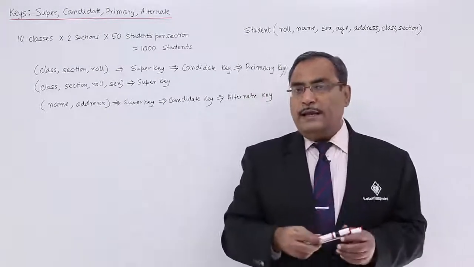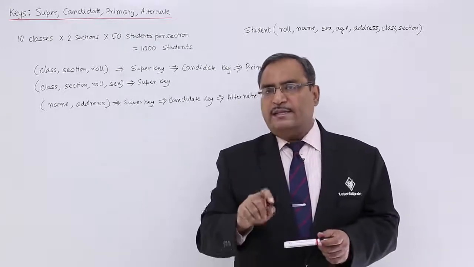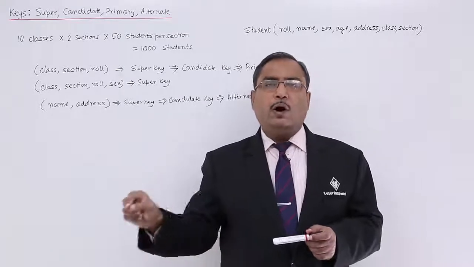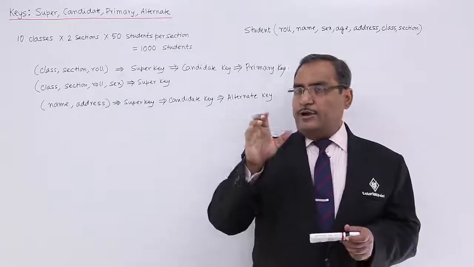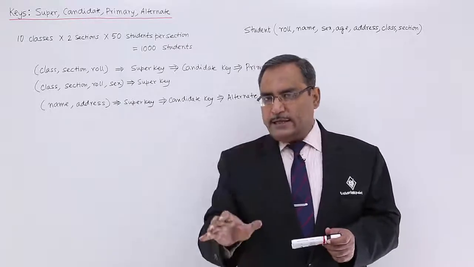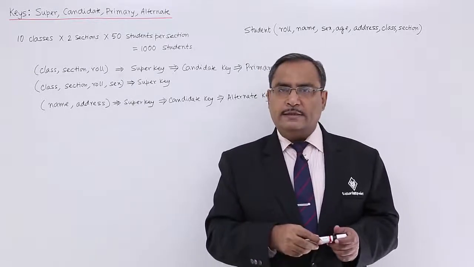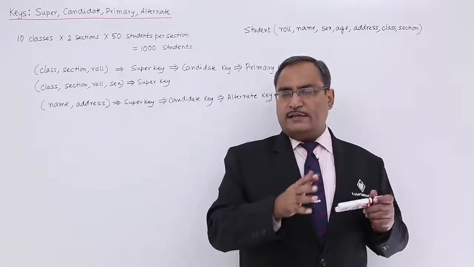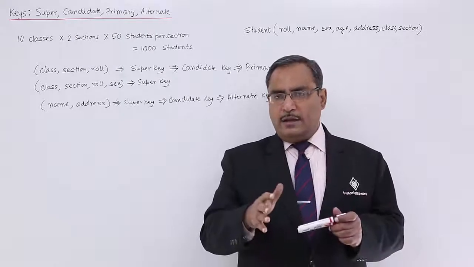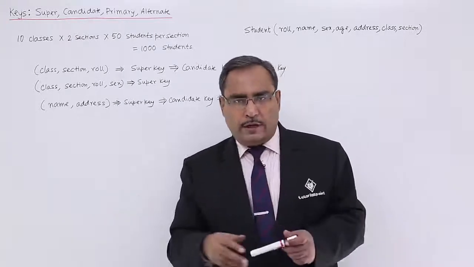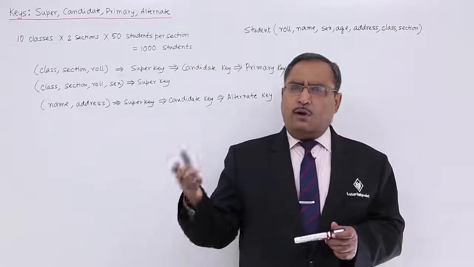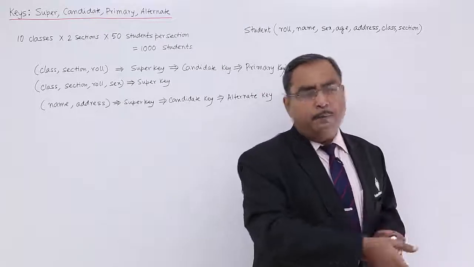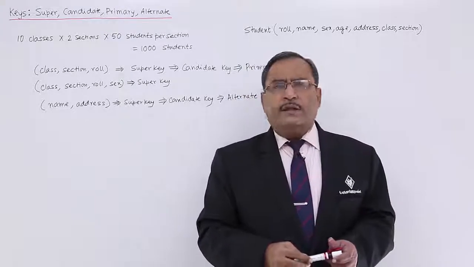So what is a primary key? An implemented candidate key is known as a primary key. An unimplemented candidate key is known as an alternate key. A relation, a table, one entity set can have multiple alternate keys, but will have only one primary key. So in this way, we have defined what a super key is, what a candidate key is, what a primary key is, and also the alternate key. So easily you can say that all primary keys are candidate keys, all candidate keys are super keys, but not vice versa. Thanks for watching this video.